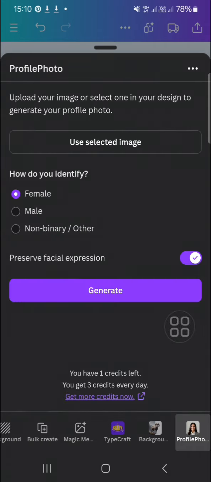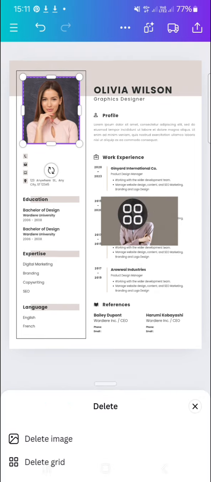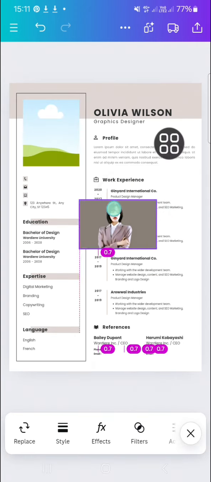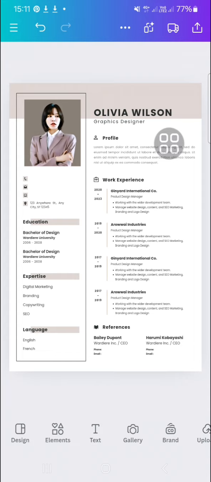Okay, and now the profile photo has been successfully generated, and I'm going to check it on my design. I'm going to replace this photo with my profile picture. I'm going to delete it, delete image, and I'm going to place this photo right here. Okay, and that's done, guys, and that's how we can generate a professional looking profile picture for our resume on Canva